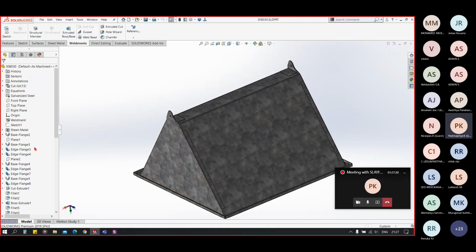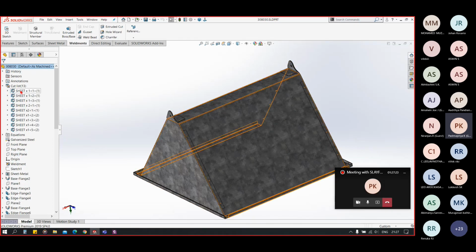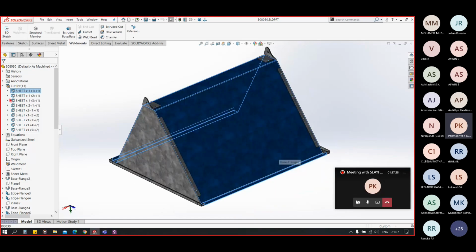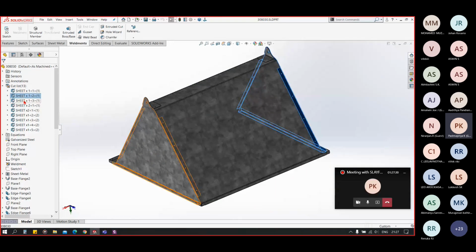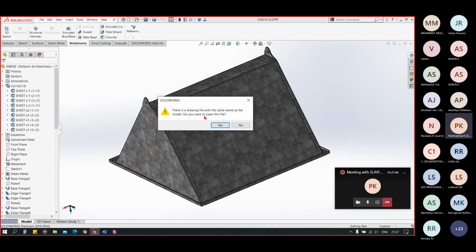So it is basically not a single sheet. Those are different bodies. We can see the body highlighted in blue is a single part. This second is single. This is single. These are singles. So what we will do, we will see a simpler example so you can understand it better.